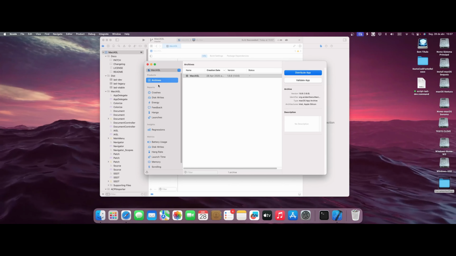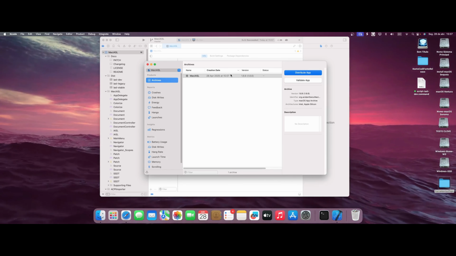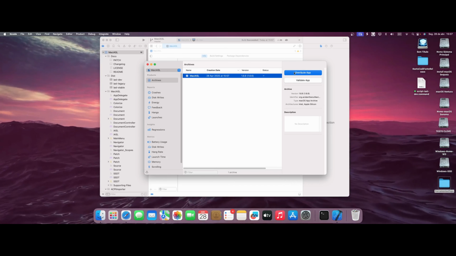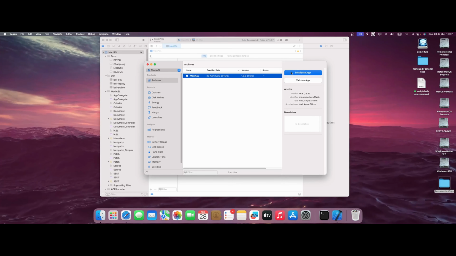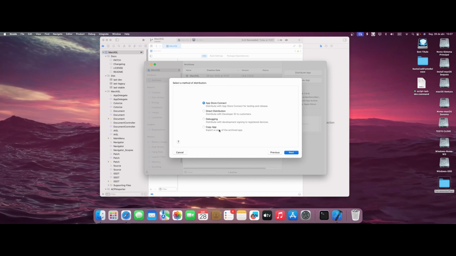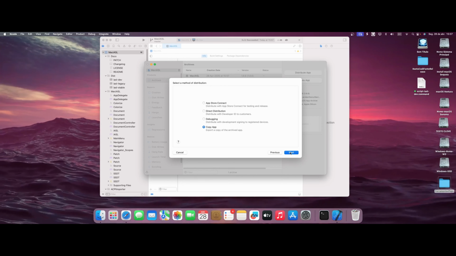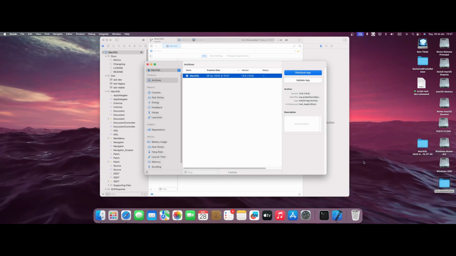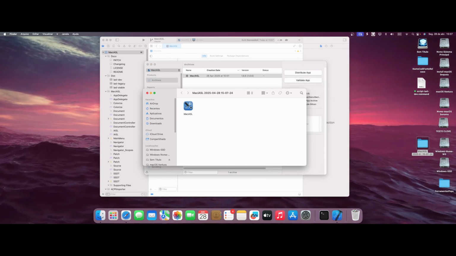Like I said here, it's 15:07 in the afternoon. Let's see here. 15:07. Okay, it's precisely the application that we just compiled here. We'll come here in distribute app.